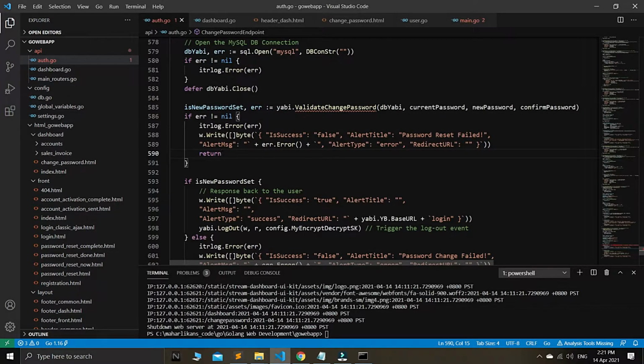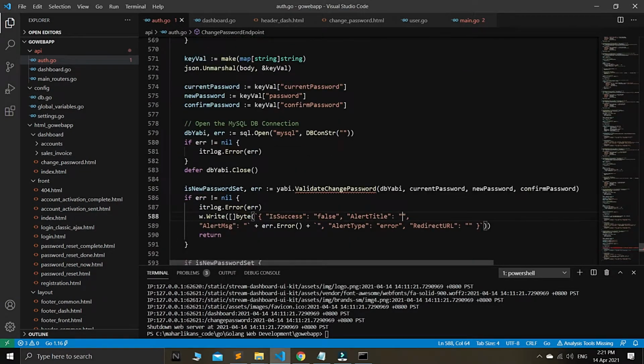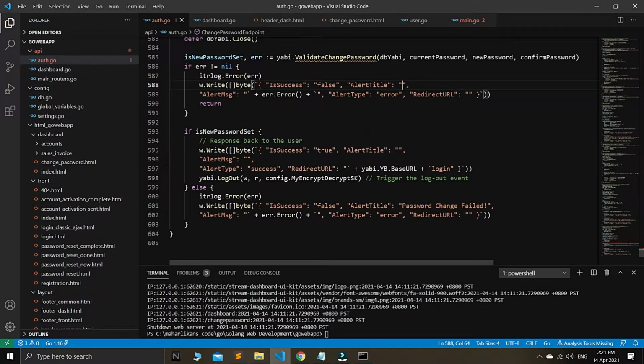So here we don't provide information like "password reset failed" or something. So we just want to remove this one, guys. This one totally we don't want to provide. So probably we can just, okay, we just want to